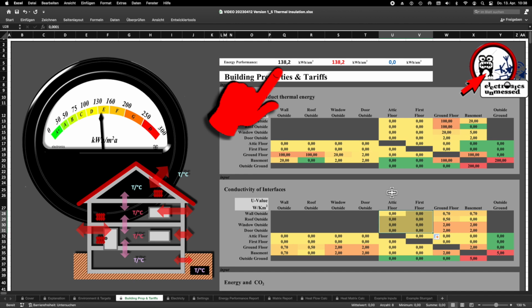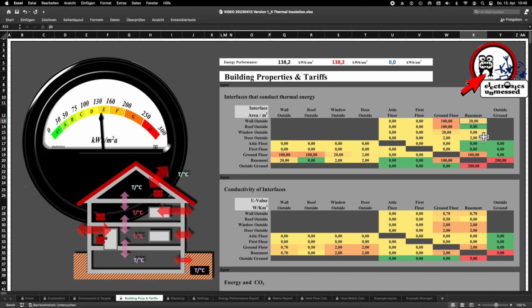I need to briefly explain the definition of this parameter. The overall energy efficiency value always refers to the entire area of the house. This means that areas that are not heated or air conditioned are also taken into account. In this example, we also count the square meters in the basement. But I will explain all of this in more detail later when we talk about the energy efficiency report.